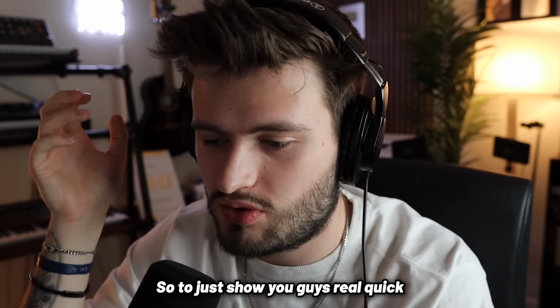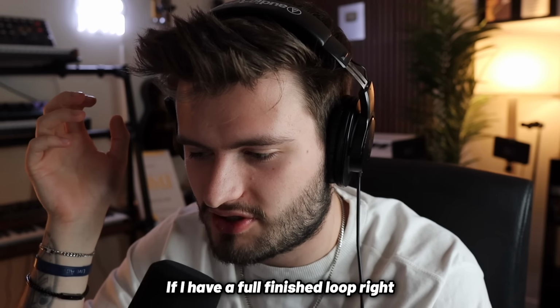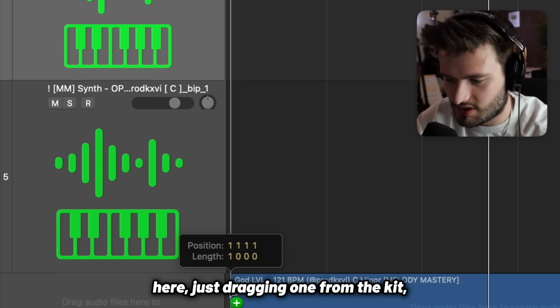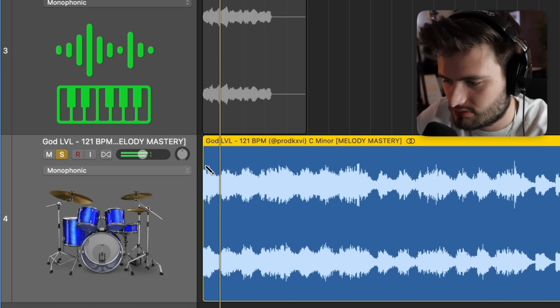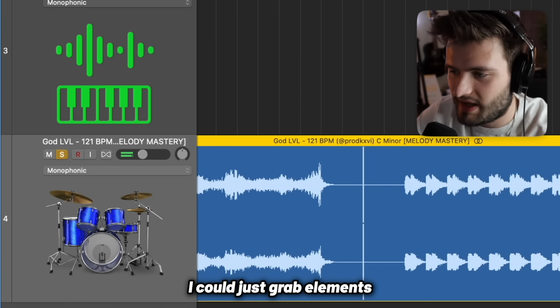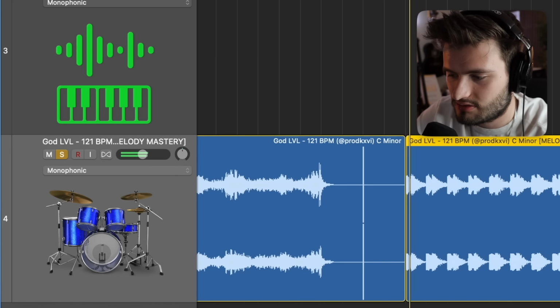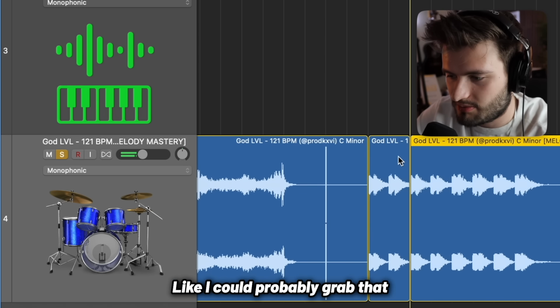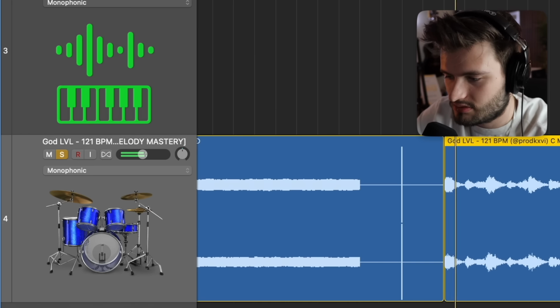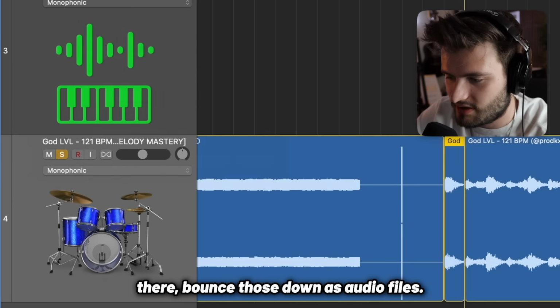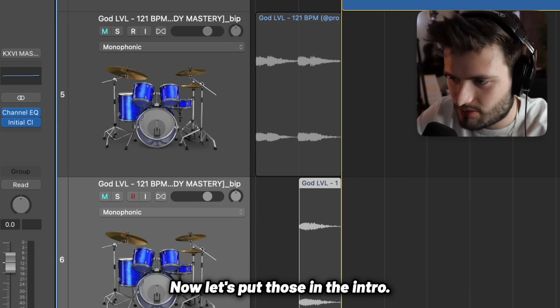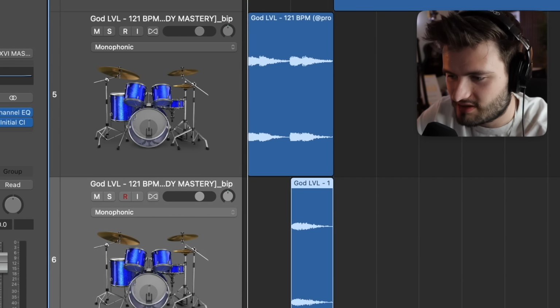So to just show you guys real quick how you could do something, if I have a full finished loop right here, just drag in one from the kit, and I wanted to make an interesting intro for this, I could just grab elements from the loop that are already there. Right? Like I could probably grab that, and then maybe that part right there. Bounce those down as audio files, and then let's put those in the intro, but instead of just leaving them like this,